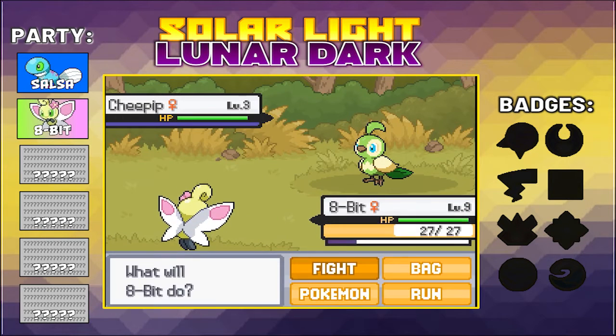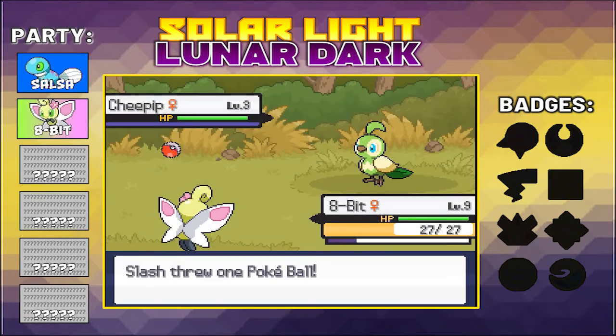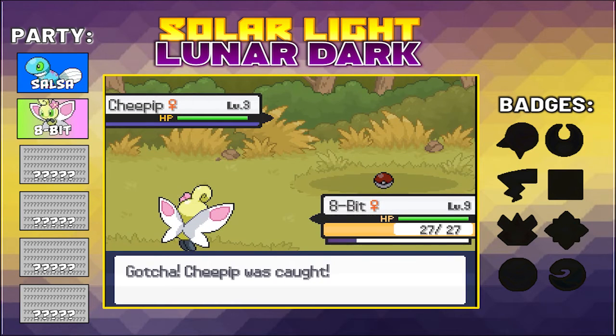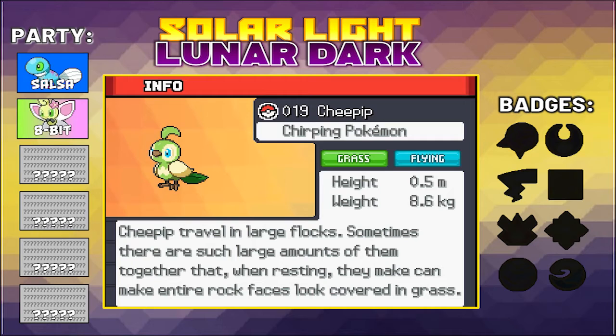Alright, now, that's the one I want, so let's just try a Pokeball and see if I can get it straight up. Alright, so... It is the chirping Pokemon. So let's see if we can name it... let's name it...